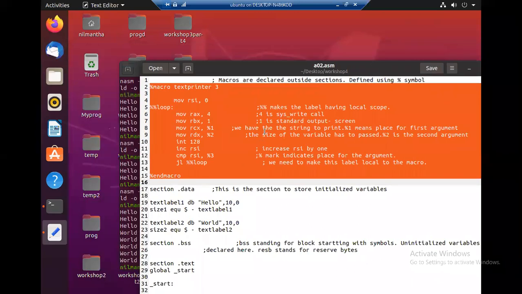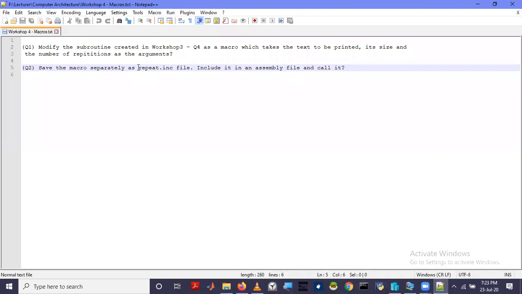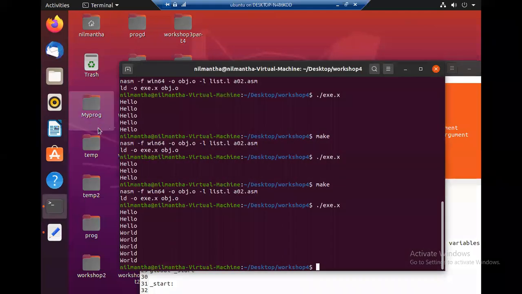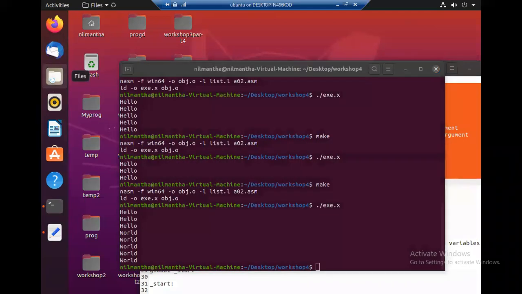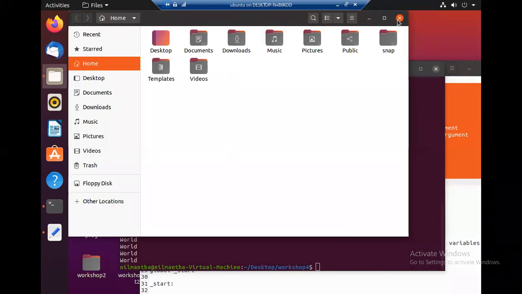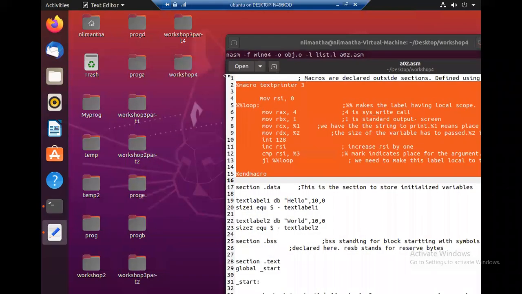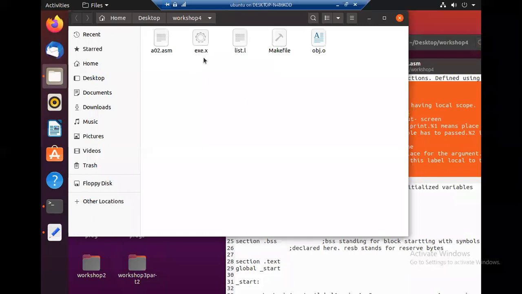First you have to create a file known as repeat.inc in the same directory. We can do it using the terminal. If you go inside this directory workshop 4, you have the usual files: the assembly file, executable file, list file, make file, and object file.